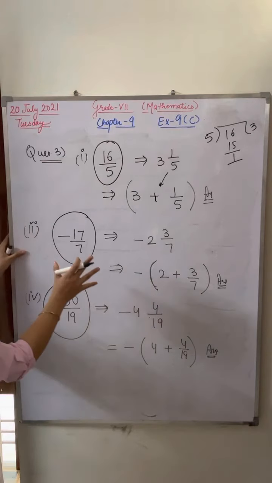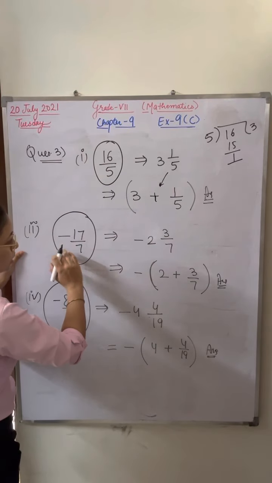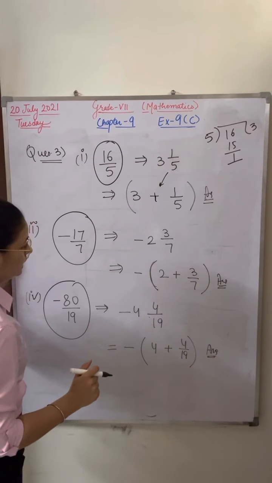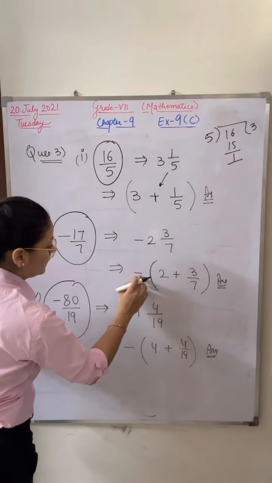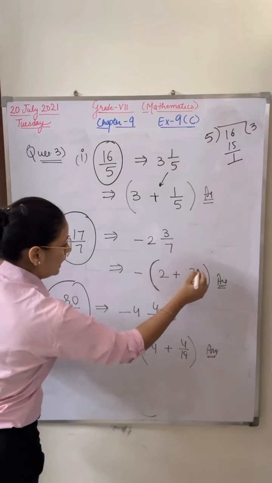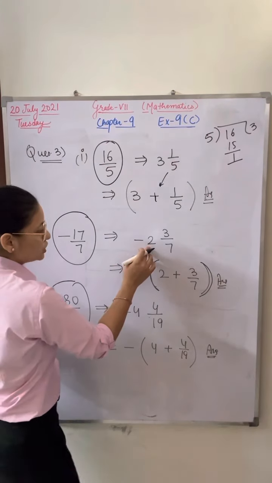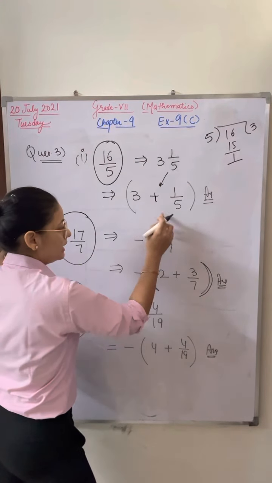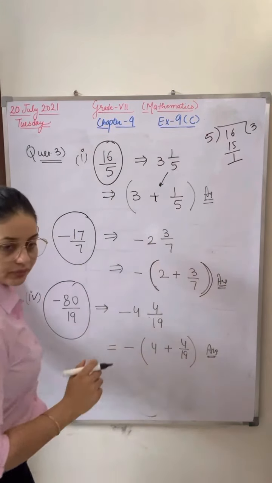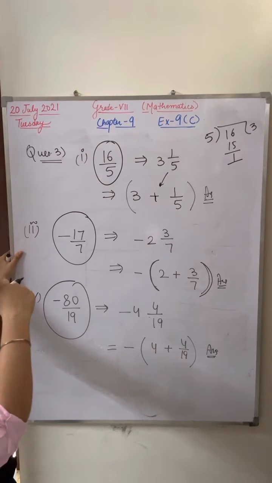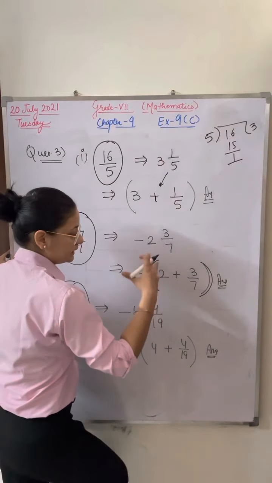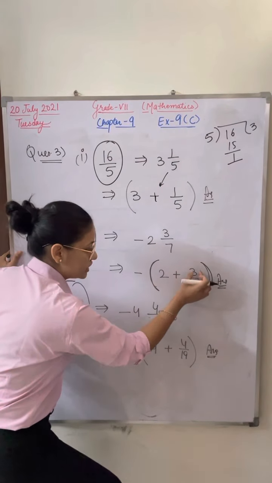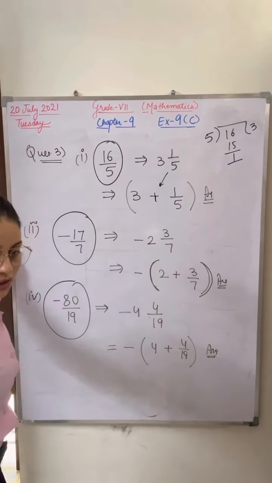Now I am telling you the second part. Second part, same as it is. You have to change into the mixed fraction. If a minus sign is there, write down the minus sign. Now take the minus sign common, and in the bracket, write this 2 as it is. In between you have to write a plus sign and here you have to write this fraction. So that this formation is a formation of addition of an integer and a rational number. You have to show in this way.